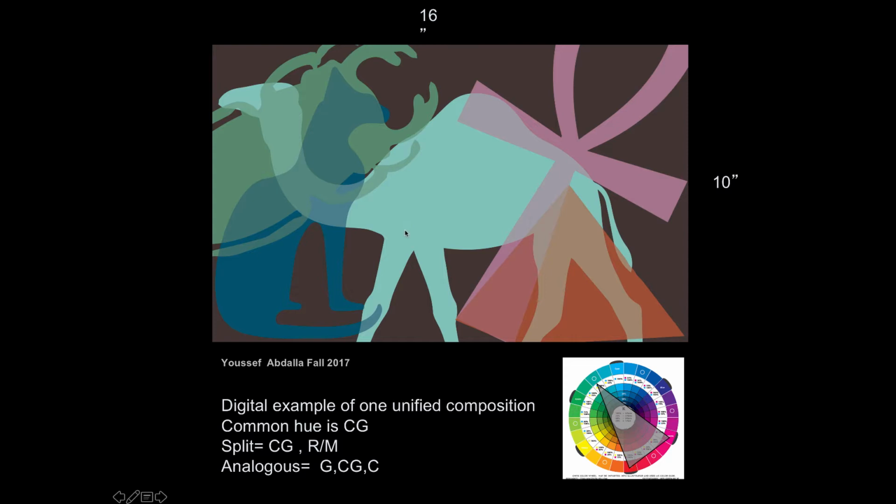And his split complement is cyan green, so you can see this is a tint of cyan green, and then he used red and magenta. So here's the red, it's got a little bit of white in it, and then here's the magenta, it's also got a little bit of white in it. That's okay, but then when he goes to his analogous, he had to, his analogous are again the